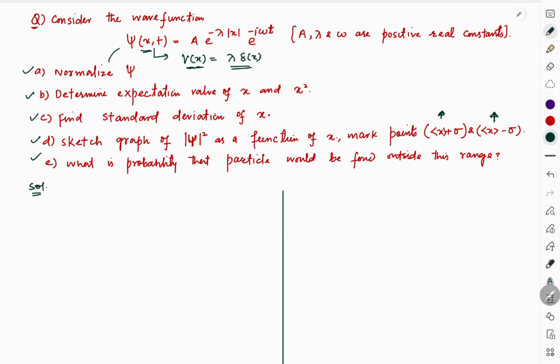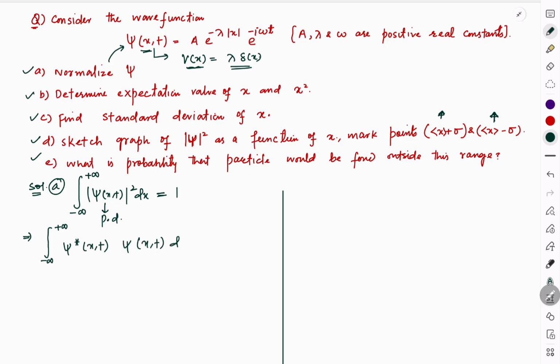So we have to normalize this wave function. For the normalization, we use the condition that the integral from minus infinity to plus infinity of |ψ(x,t)|² dx equals 1. That means the particle must be somewhere, where this |ψ|² is actually the probability density, and |ψ|² is ψ* ψ, which implies the integral from minus infinity to plus infinity of ψ*(x,t) ψ(x,t) dx